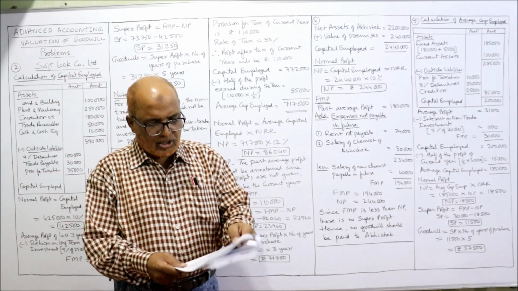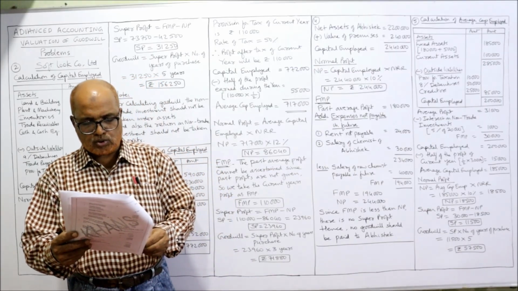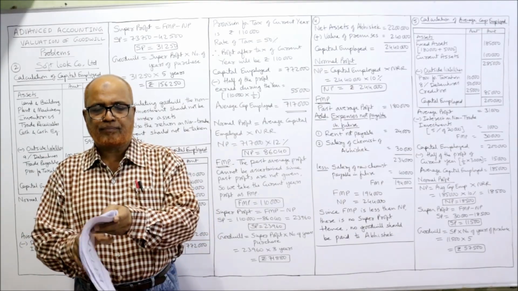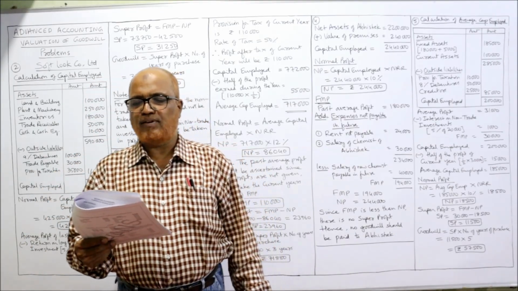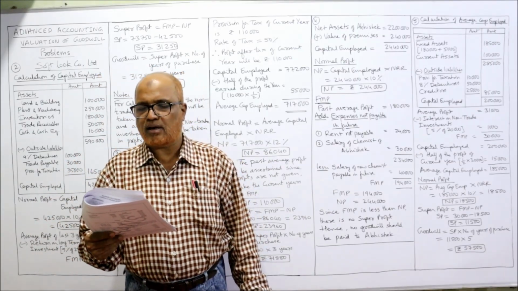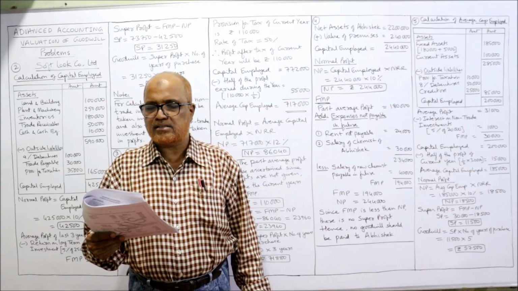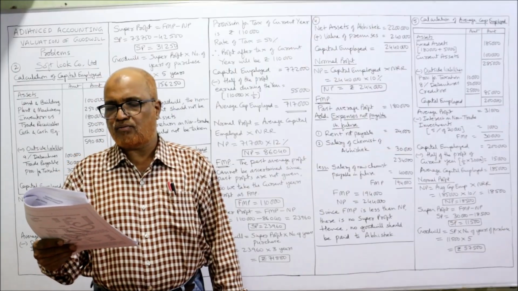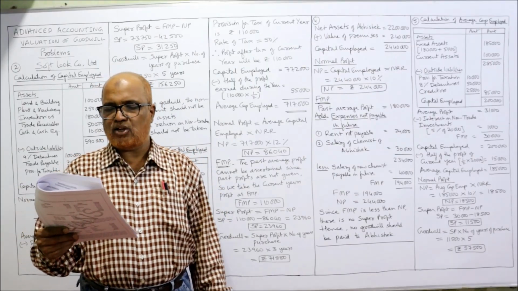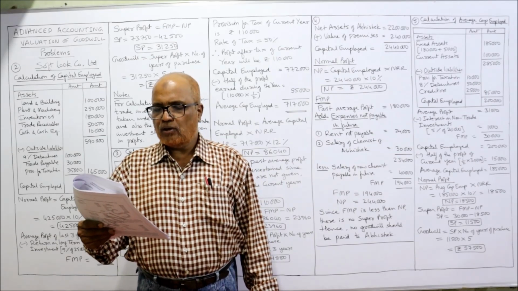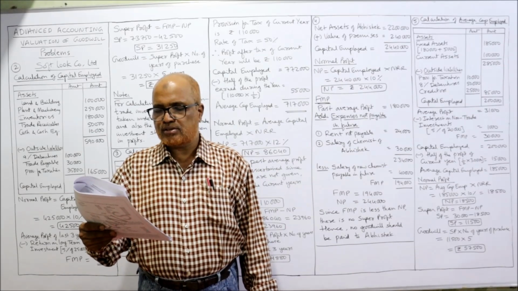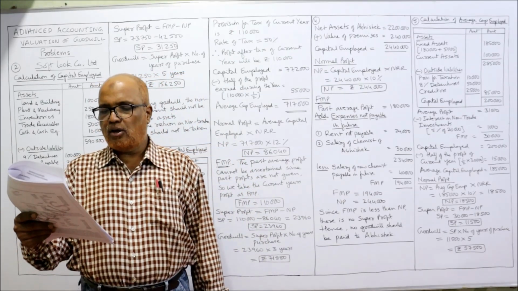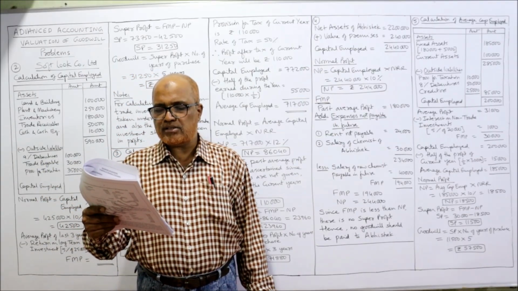Now, the fifth one. The balance sheet of X Limited as on 31st March 2005 is as follows. Shareholders' fund, share capital, reserves, long-term borrowings, trade payables, short-term provisions. Then total. Non-current assets are fixed assets, tangible assets, intangible assets, non-current investment, other non-current assets, then current assets. Notes to the accounts. Share capital is given: 10,000 equity shares of 10 each, 8%, 5,000 preference shares of 10 each, reserves and surplus, general reserve, long-term borrowings, 8% debentures, trade payables, sundry creditors, short-term provisions, provision for taxation, non-current investments, investments in 5%